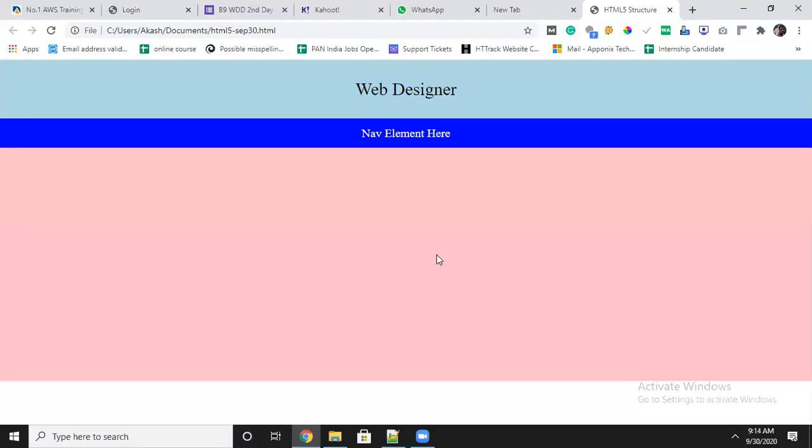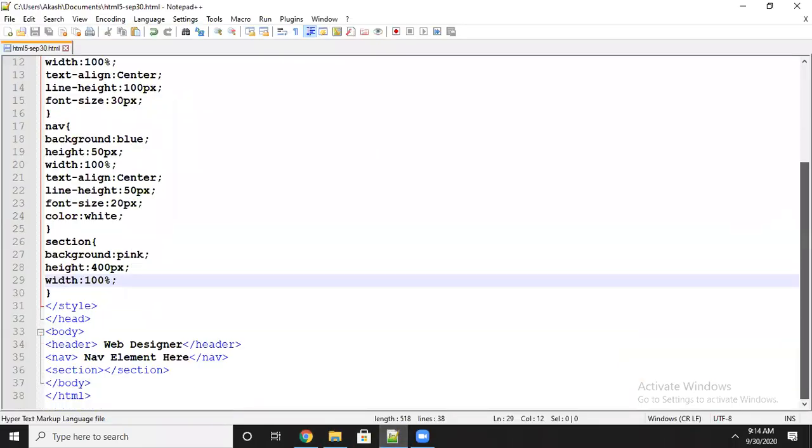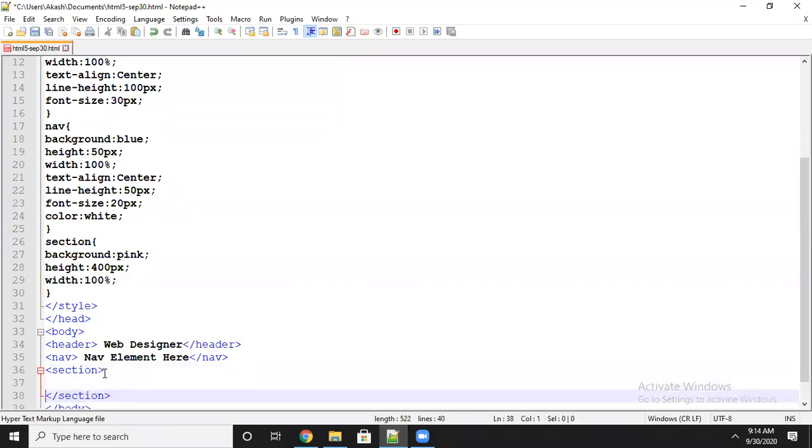Under the section tag itself, I will take 2 more tags. One is an article tag, another is an aside tag. Article tag is used for presenting the content inside the HTML pages, and aside tag is used for presenting the side blocks in the HTML5 pages. Both are tags only. Let's see. I will add both. I told you I will take under the section tag. If you want under then we have to give enter here.